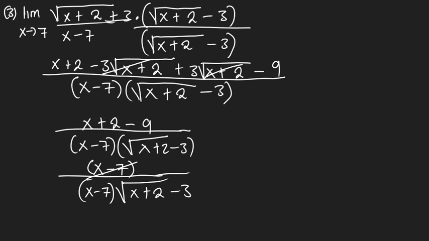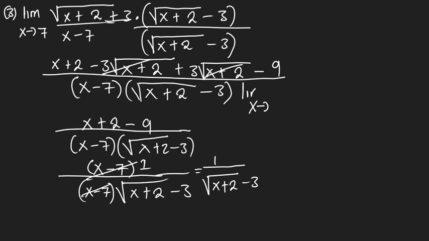Notice that this is going to give you a 1 when it cancels with that. So you are going to have a 1 over the square root of x plus 2 minus 3. Now notice that x is approaching 7. Okay. So when x is approaching 7,